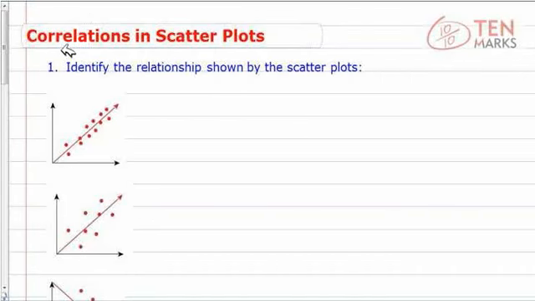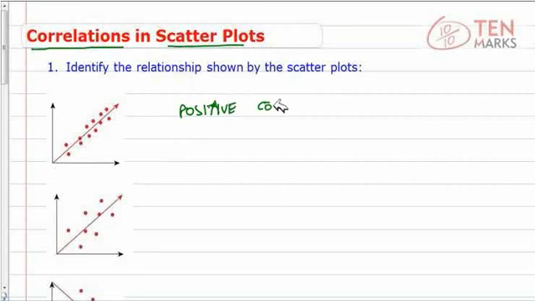In this lesson, let's learn how to identify correlations in scatter plots. Correlation essentially means what's the relationship between two data sets. Remember that in a scatter plot, the x-axis shows you one value, the y-axis shows you the value of the other data set, right? So when we look at the first one, what's the relationship? We can see as the value in x increases, the value of y is also increasing, in a straight line. So this means that there's a positive